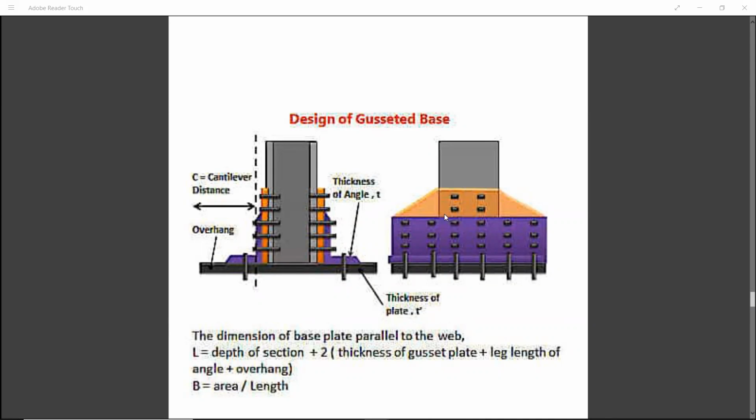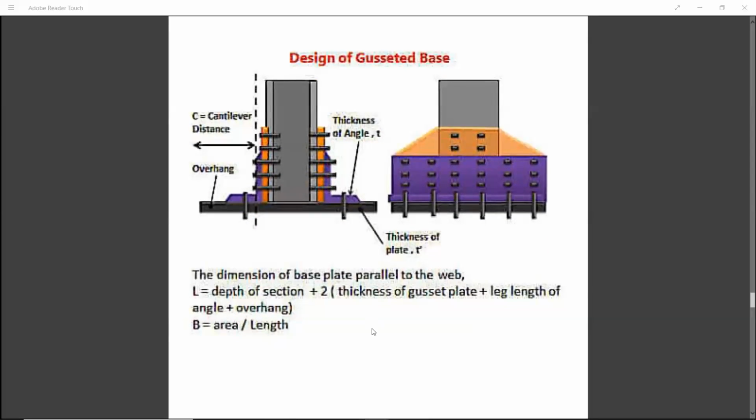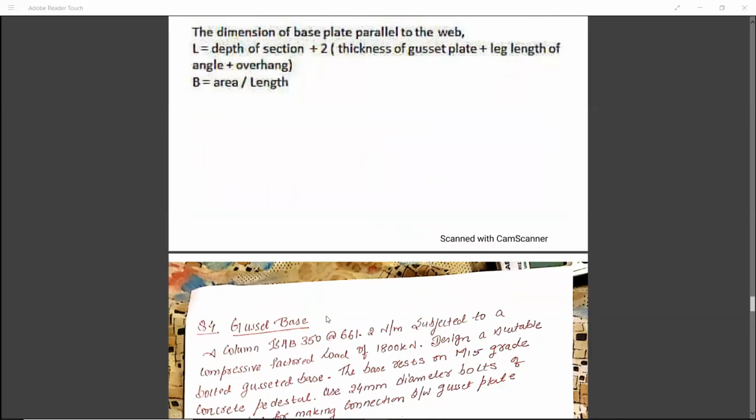In the elevation part, you can see how the bolted connections are arranged with respect to the columns and with respect to the overhang sections. So this is nothing but regarding the gusset plates. Gusset plates are provided when there is an interlocking between two or three things. So with two or three panels of structures, only then can you find the gusset bases. To determine the gusset base, there are some formulas, but we'll go with the steps taken while designing.